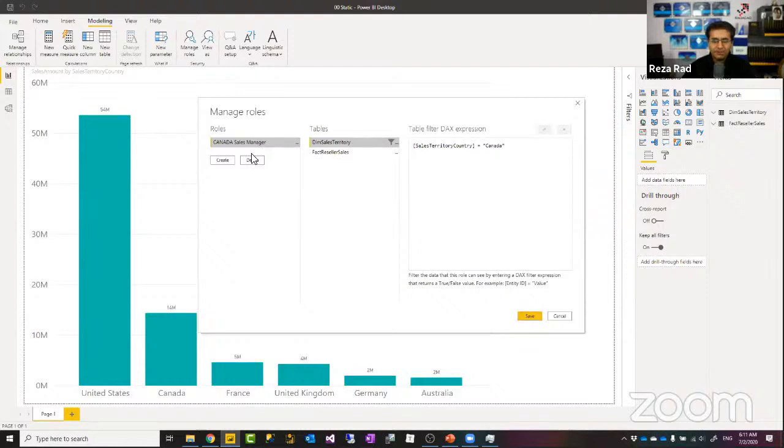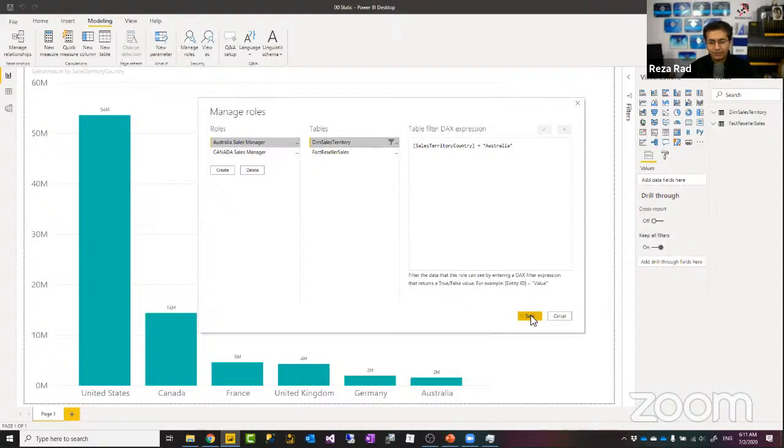And after verifying this, I'm creating one more role to be able to show you how it works. Another one is, let's say, Australia Sales Manager. I define that too. Now I can copy the role from the previous one or create it again. If you want to copy, you can copy it just like this and then change this to be Australia. And we should do this for every role. For every role, we should go and create it. For example, if I want to have 1 role per country, this example means that I should have defined like 6 different roles. But I keep it at 2 because this is explanatory enough for how this is going to work.